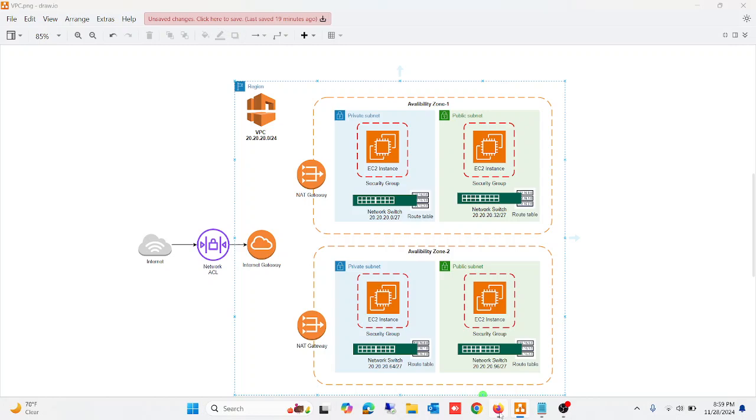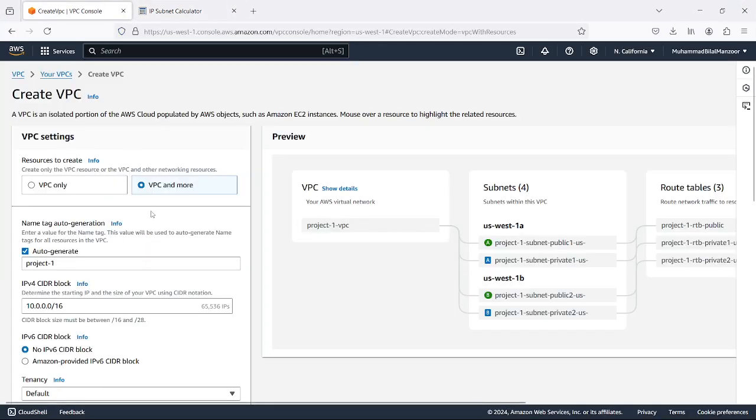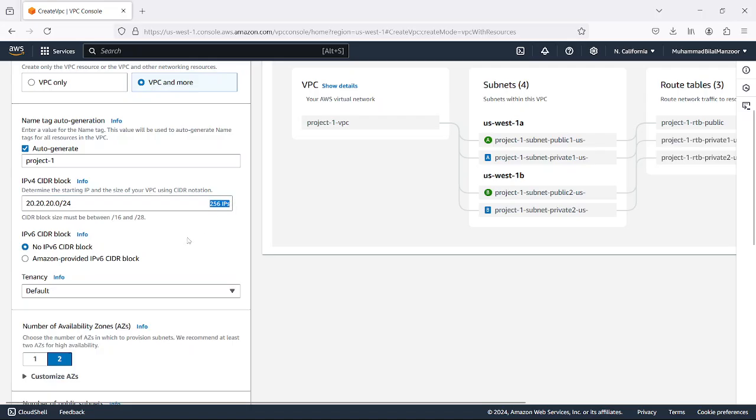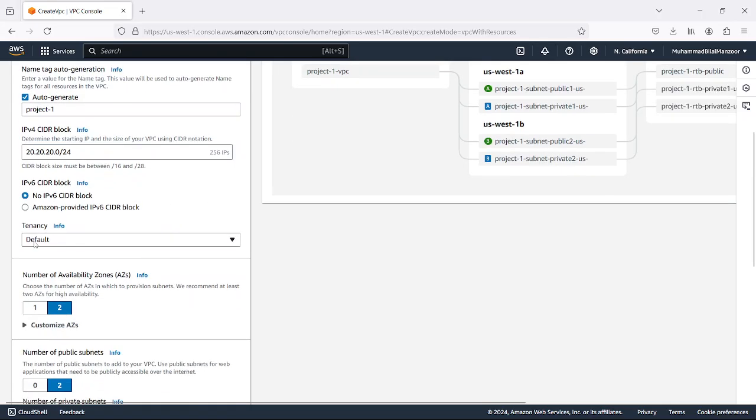So if I go to this VPC and more, I give the name of the project. So here I will give the bigger subnet, but I want to use 20.20.20.0. It's up to you. You can use any subnet. I'm using /24. So you can see here 256 IPs are available, and tenancy I will choose the default, and